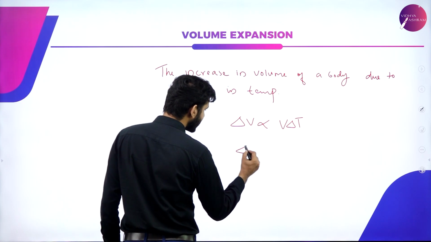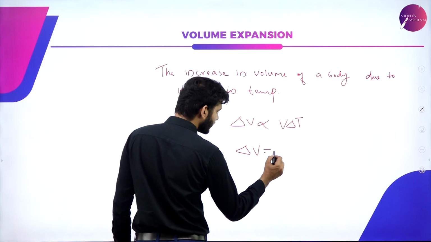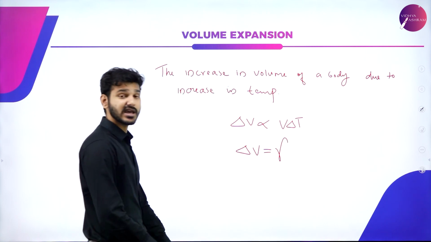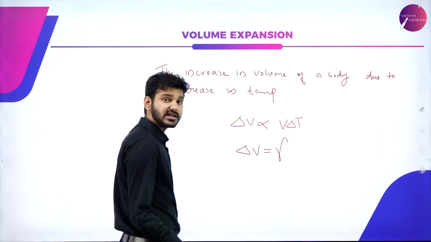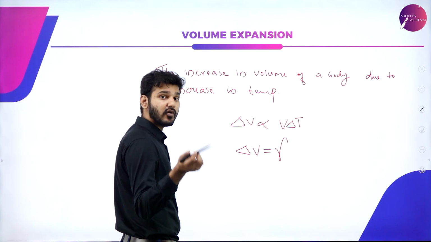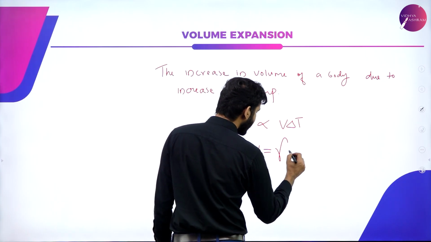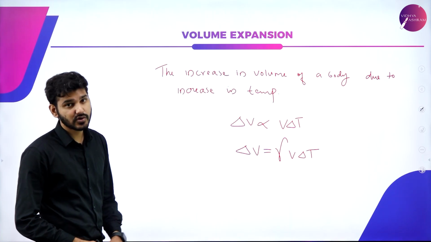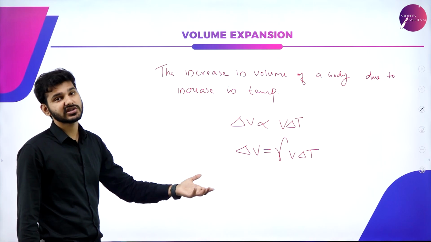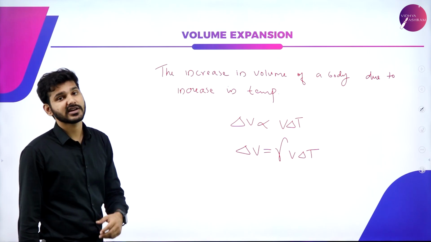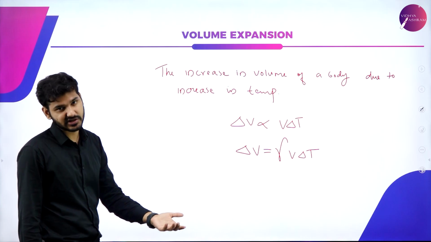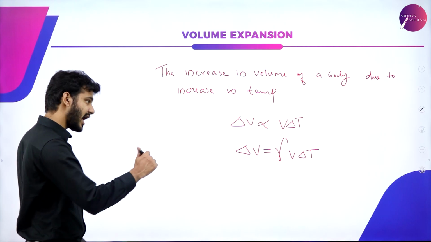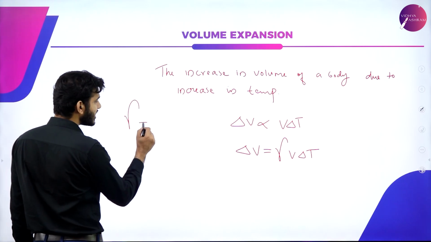So we can just say that delta V is equal to, again, a constant of proportionality. Here this time it is gamma, and gamma is known as the coefficient of volume expansion. So delta V = gamma V delta T. This equation will give you the change in volume due to thermal expansion, or specifically volume expansion, and gamma again can be described